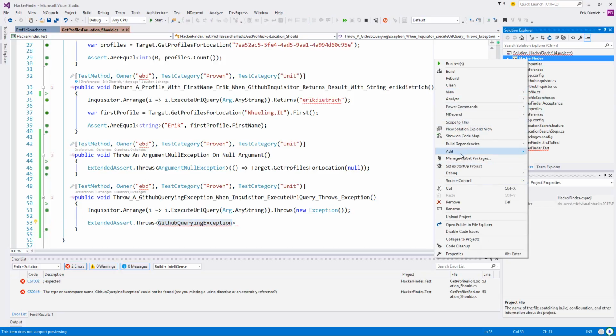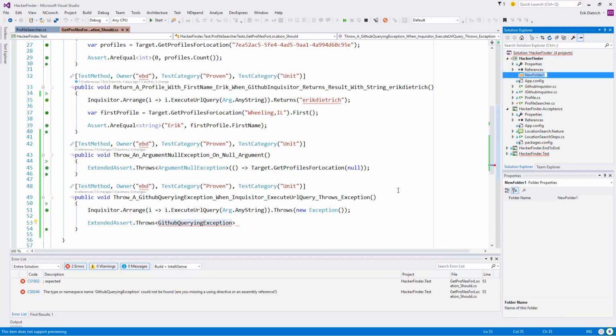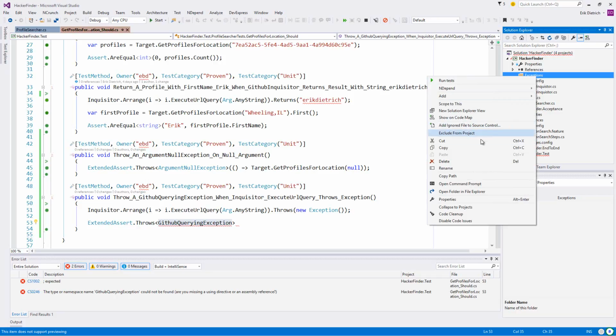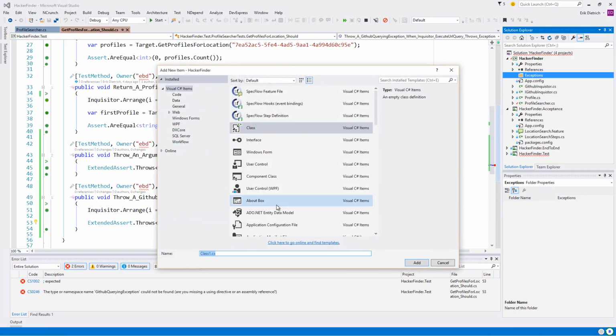And this is the first bit of folder housekeeping I'm going to do, because there's just a different sort of thing here. Eventually, these will probably fall into domain objects and services, and then we'll have exceptions. But I don't really want this cluttering things up.